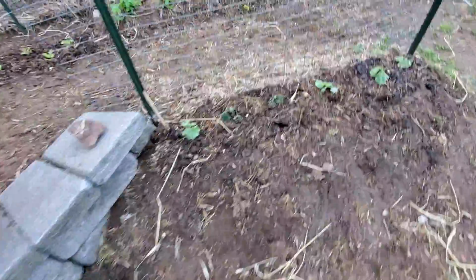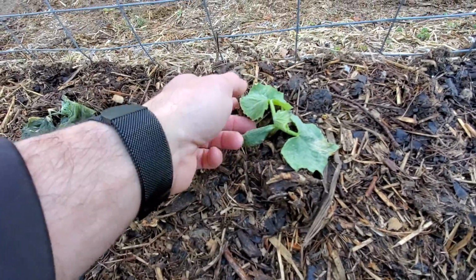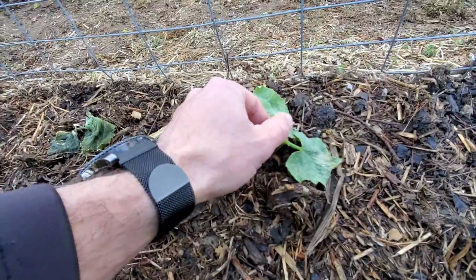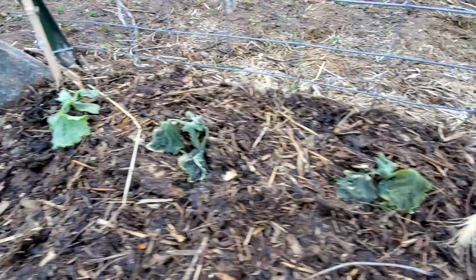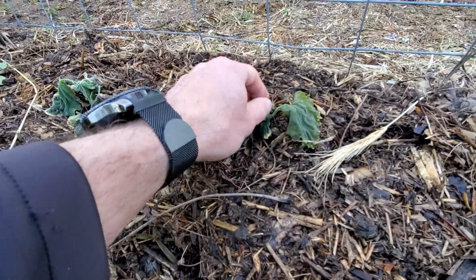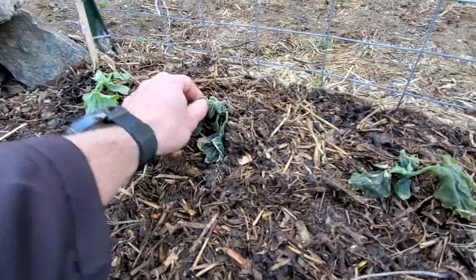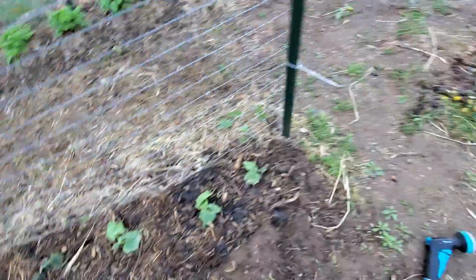And then my Marketmore cucumbers. So these stayed covered better. Some leaves have some slight damage, but it's got a nice healthy leaf there. And this one, they blew off in the storm, the cover, so this all got frostbitten. So I don't know if those are gonna make it. Stupid spring storm